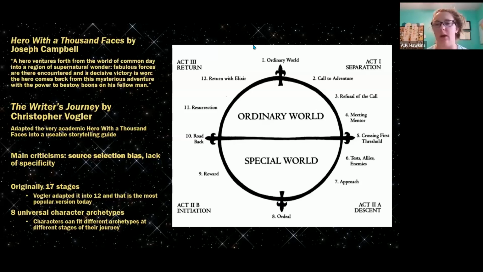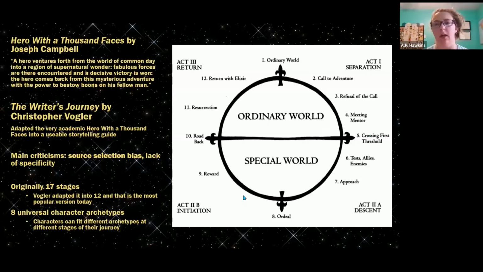journey. So you'll see on my graphic here, we've got the ordinary world and the special world. This is all centered around the main character, around the hero. The hero starts in the ordinary world. He has a call to adventure. That's his inciting incident. He may refuse the call initially and then meet a mentor that encourages him to take the first step on his journey. And that's when you cross the first threshold from the ordinary world into the special world, where you're going to